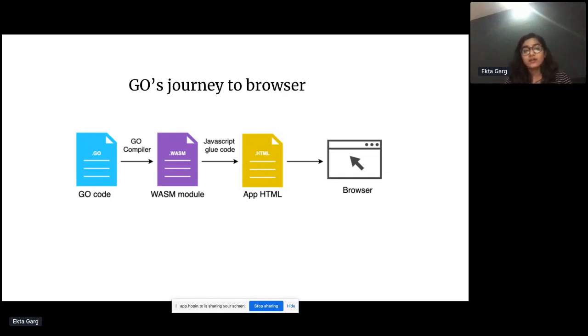If I want to interact with the browser, I need some kind of glue code which will convert Go into JavaScript, and JavaScript into Go. So there comes the need for JavaScript glue code. I'll explain that later.